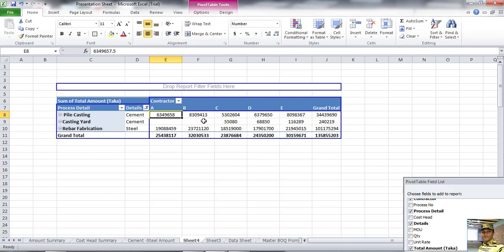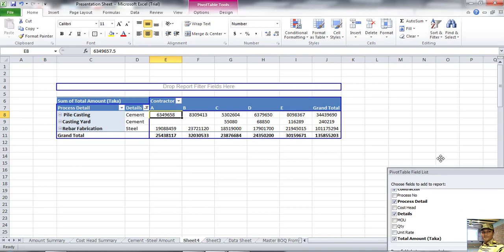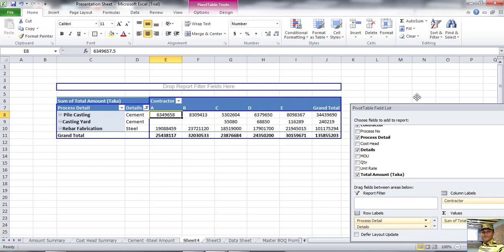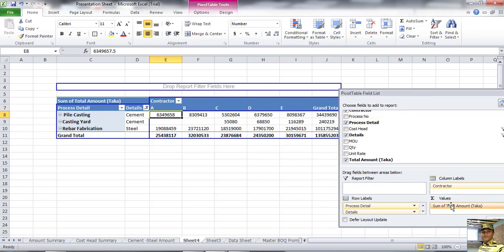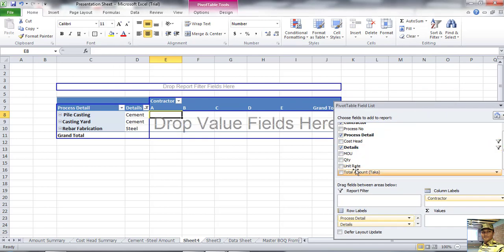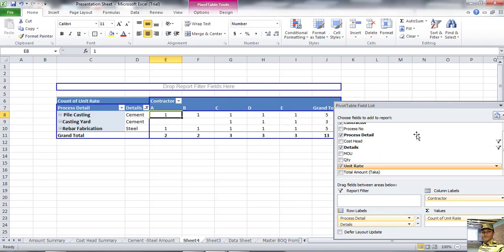If you want to see the quantity here, and you want to see the rate of each vendor, just remove this amount and select the quantity here, and sorry, we want the rate, so just keep it here.